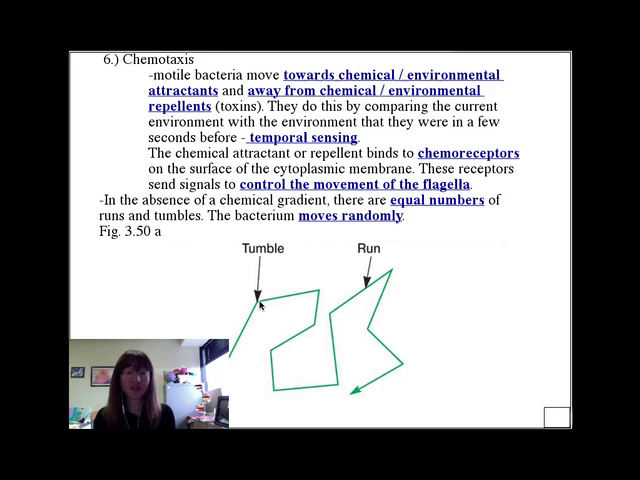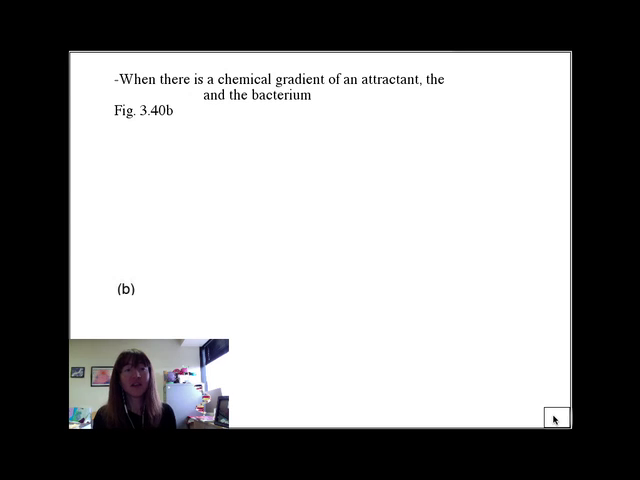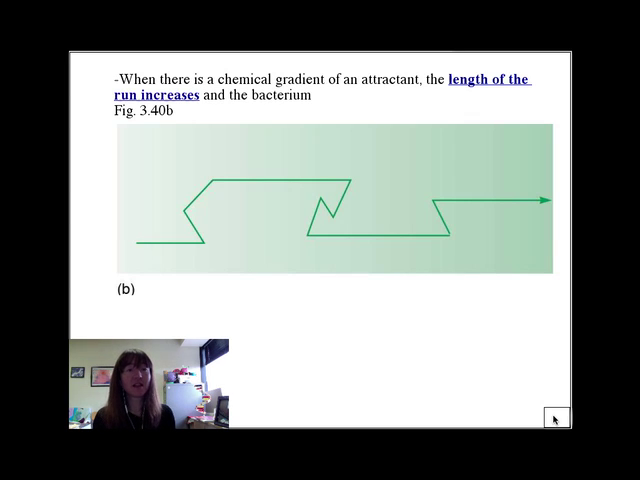But if after one of their tumbles they suddenly sense a difference in the environment, that is, temporally they say this environment is different than it was before, then they're going to start elongating their runs and lessening their tumbles. This is something called a biased random walk. So when there's a chemical gradient, the length of the run increases, the number of tumbles decreases, and a bacterium is able to get from here to there